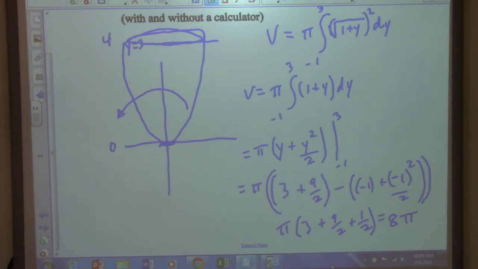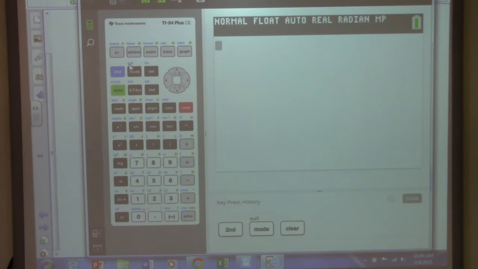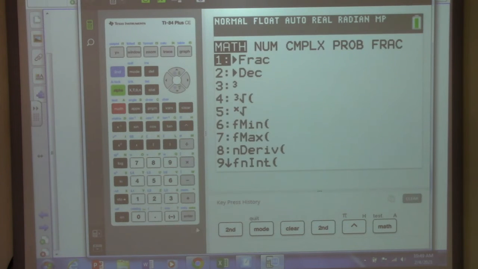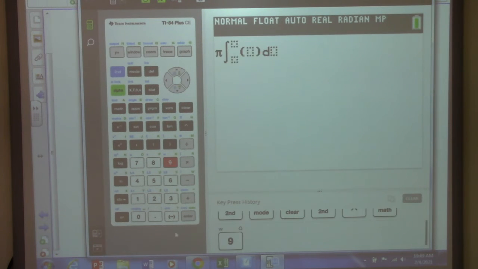Let's check this in the calculator, make sure it's right. Let me get our calculator out. So it should be like 25 or so. Worked out in the calculator, maybe, maybe not. So first thing, pi. The thing that I forget often. In math, 9, -1 to 3, and we have the square root of